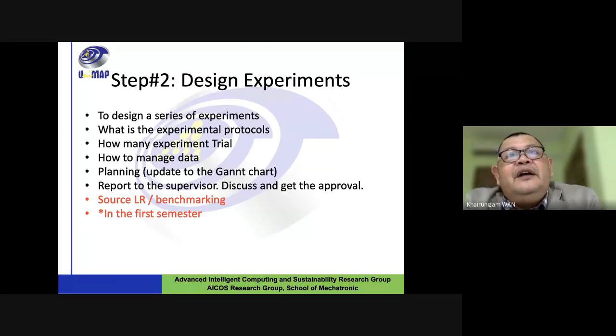It comes from the articles published by the previous researchers. What is the experimental protocol? This one is also very important. For example, if you want to measure a brain signal related to emotion, and classify the emotional state of the subject, the human, based on the brain signal, it must have a protocol. You must refer to the existing research experimental protocol.